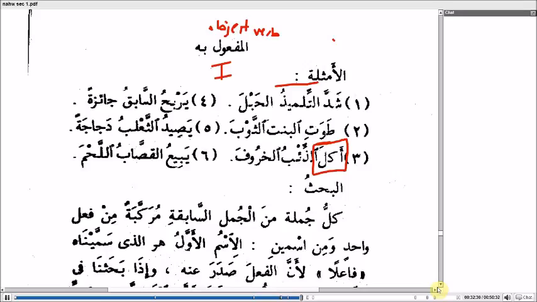Yarbahu, ar-rabih, marbuh. We're able to make a fa'il and a maf'ul out of our verbs by following that pattern of fa'il and maf'ul. That's for form 1 verbs. And the main thing is that we want to know that the fa'il is marfu' and that the maf'ul bihi is mansub.